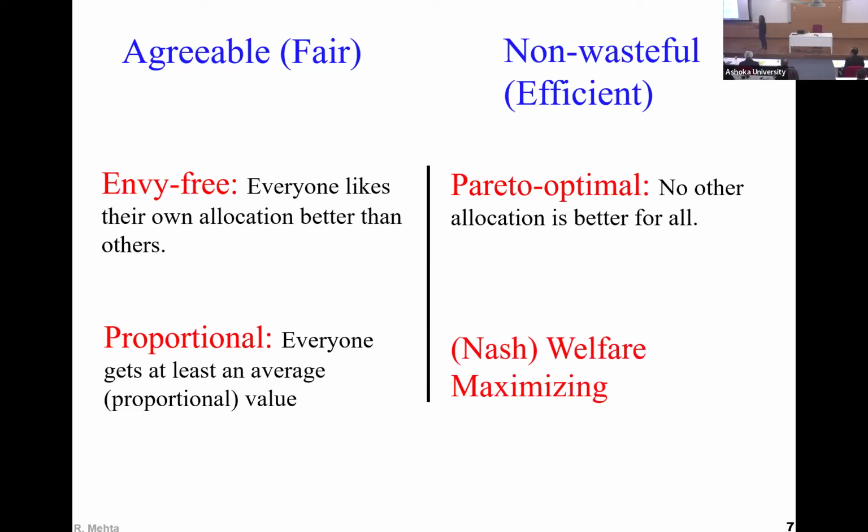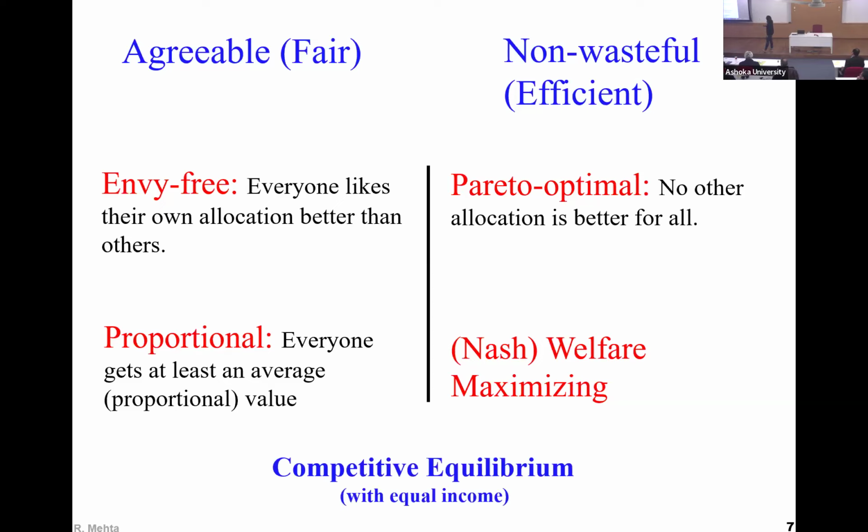And finally, welfare maximizing. So typically whenever we talk about welfare maximization, we just think of maximizing total welfare, the sum of the welfare of everybody. There is something called Nash welfare that Vijay also hinted to, which is in some sense maximizing the product of everybody's value, and it has good welfare properties, better welfare properties in this context than the pure welfare, because it tries to balance out the utility value.